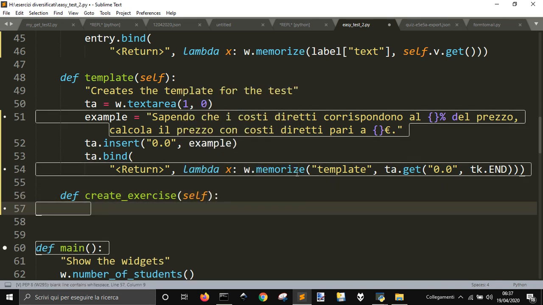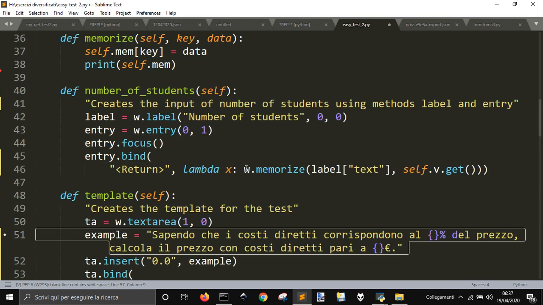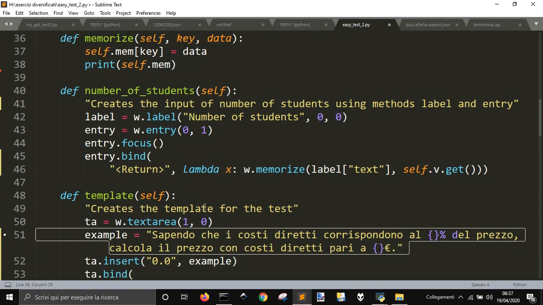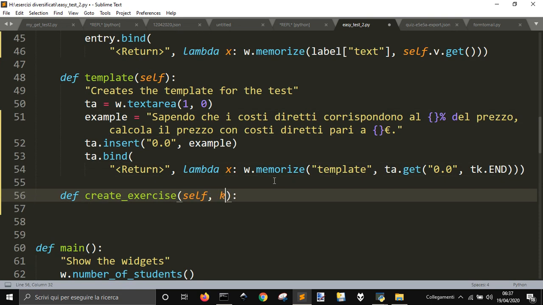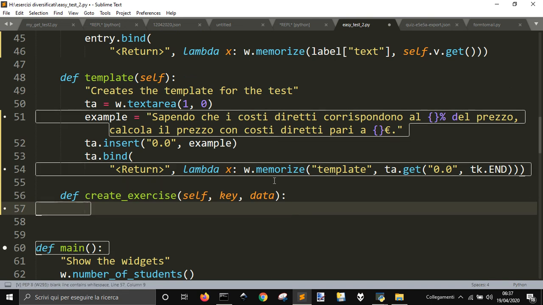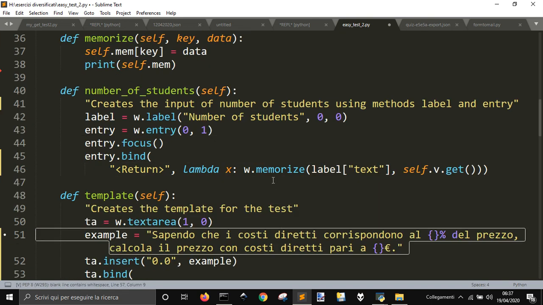So memorize template, right? Instead of going into memorize, I'm going to create exercise, and I'm gonna pass the same here, key and data. I'm gonna pass it through this, and I'm gonna then